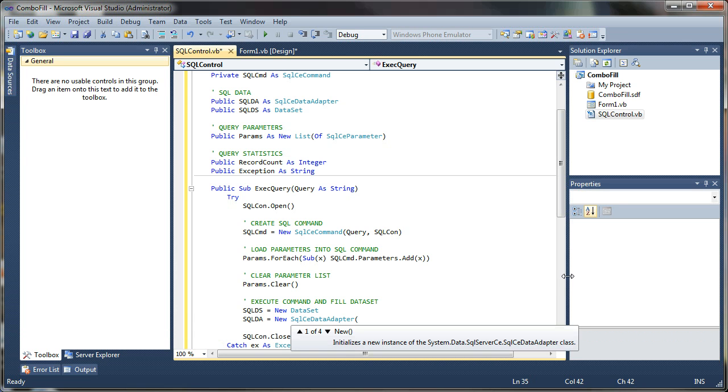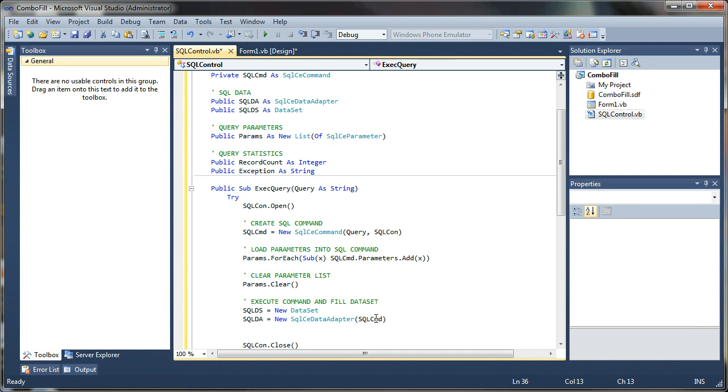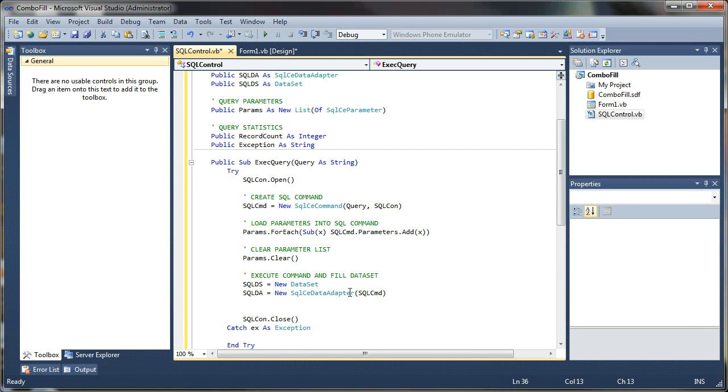And inside of the data adapter parameters, we want to tell it what to do. This is going to cause it to execute this SQL command that we've loaded up with parameters. So we want to reference that SQL command right here. And as soon as it creates this new SQL data adapter, it automatically executes this. And then once we do that,